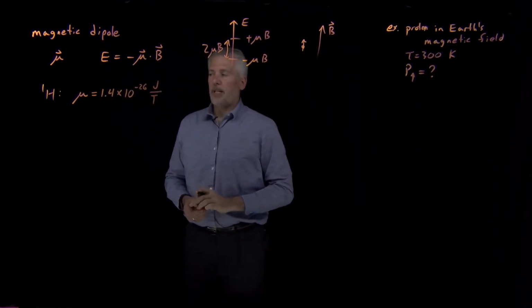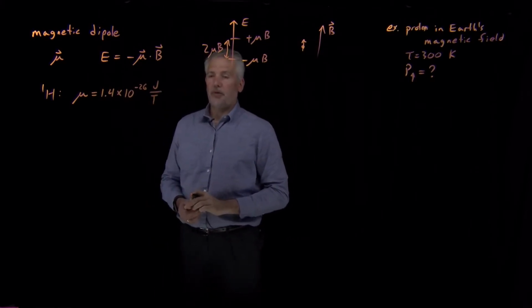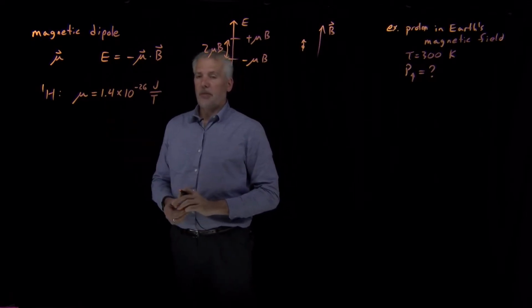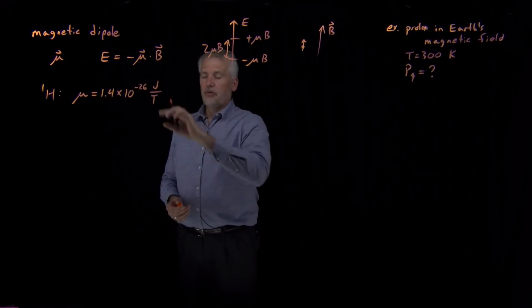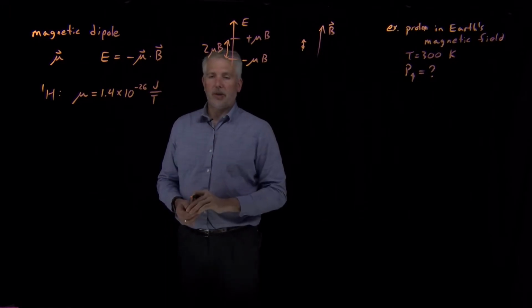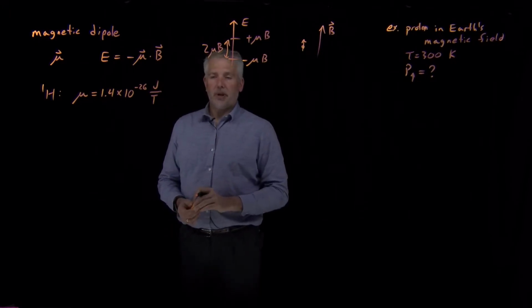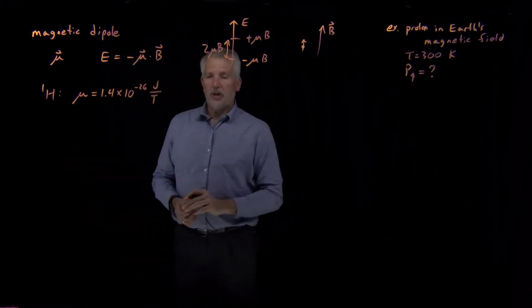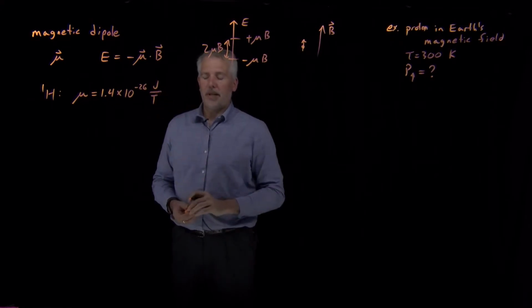So this magnetic dipole moment for a proton, for the nucleus of a hydrogen atom, is 1.4 times 10 to the minus 26 joules for every Tesla. And Tesla is a unit of magnetic field strength. So just to give you some idea of how strong a Tesla is, and Tesla not the car, but again the magnetic field strength,